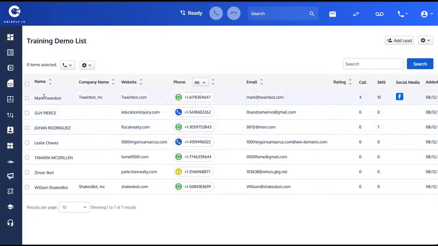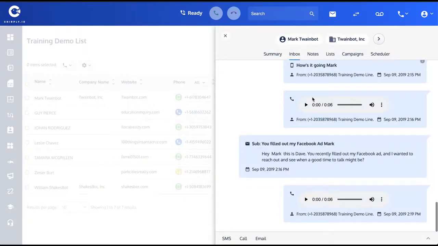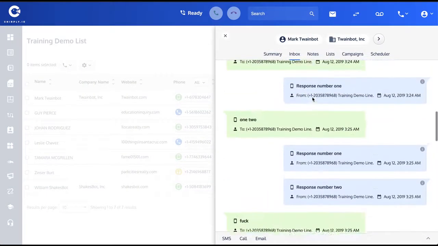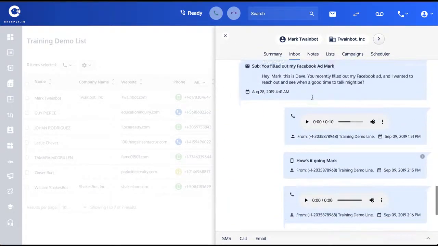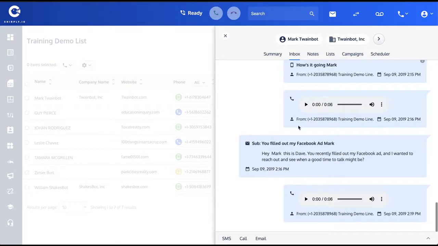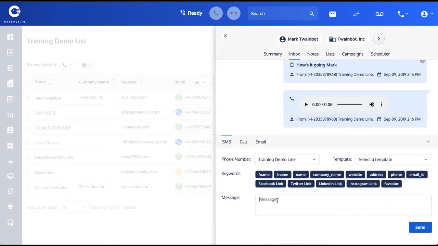And if I choose myself here, Mark Twainbot is a phone number that I've got, and I click on it, you can see in this panel the inbox. Here is the context, all the history of all the communication we've had so far. And so I've been testing this account with this, and you can see what we've got in there. But you can also use these three buttons at the bottom to send a quick SMS message right off the bat to Mark. So I want to say,